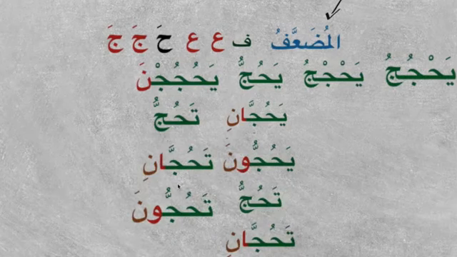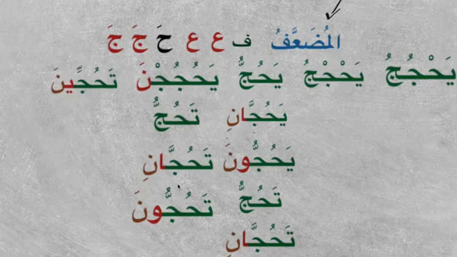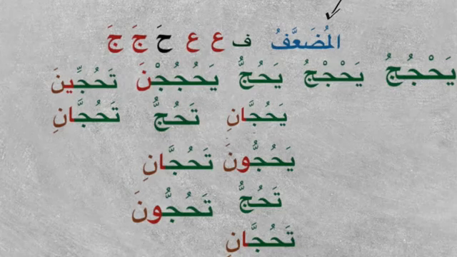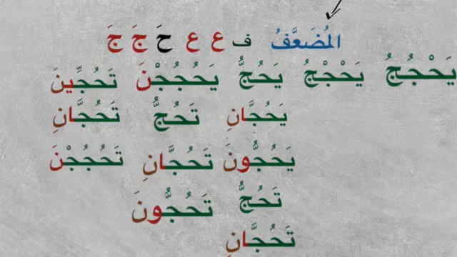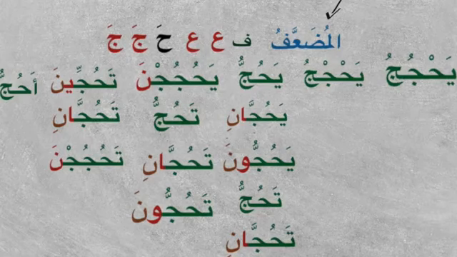Anta tahujju, tahujjani, tahujjuna, and anti tahujjina, antuma tahujjani. And again we know antunna will be tahjujna. For the mutaharrik pronouns hunna and antunna, we break the idgham, so we have tahjujna. Again there's a typo here. Ana ahujju, nahnu nahujju. So this is the paradigm. So let's get